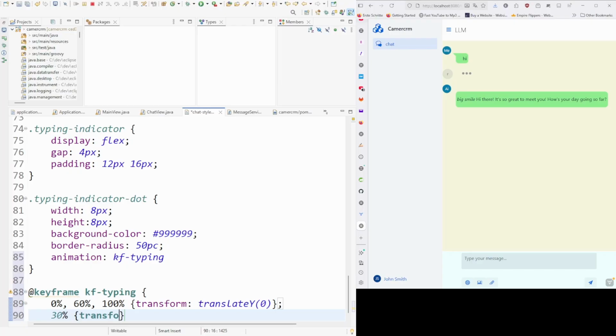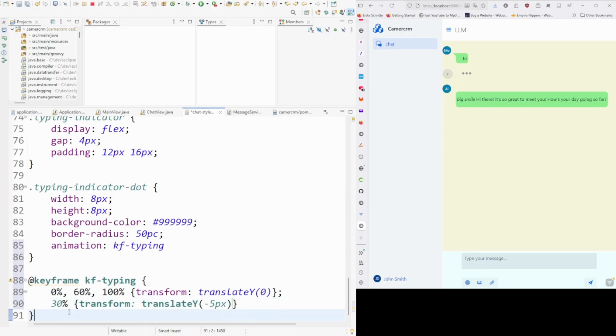And at 30%, I want to translate it up a couple of pixels, let's say -5 pixels, or down, depending on which direction you're looking at. But usually the y-axis is looking down, so -5 pixels is going to be going up. So I have my different keyframes: 0, 30%, 60%, 100%,